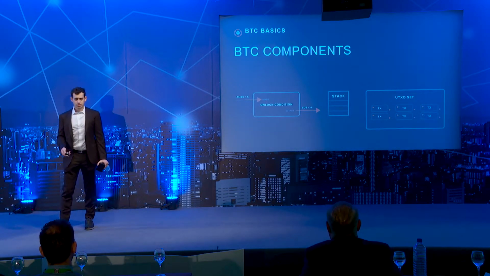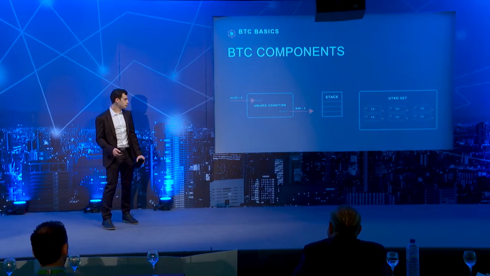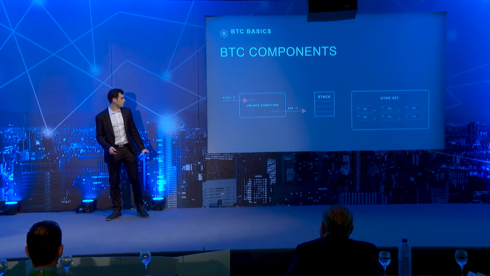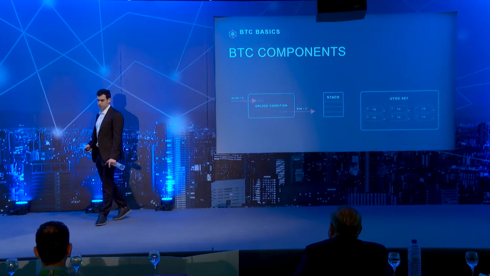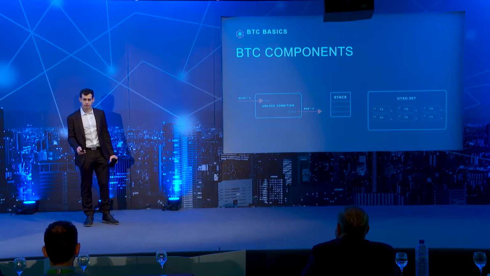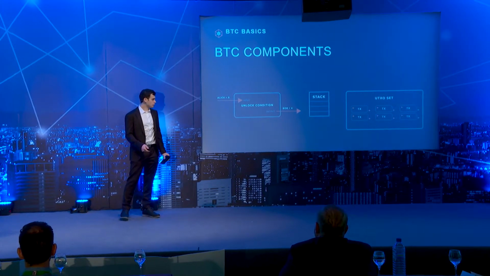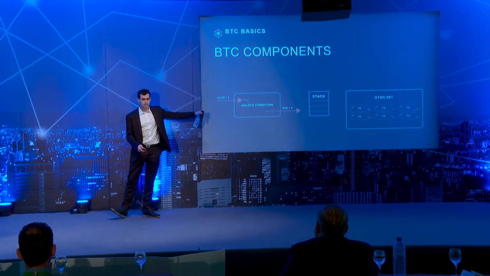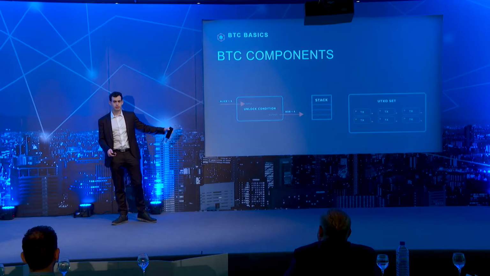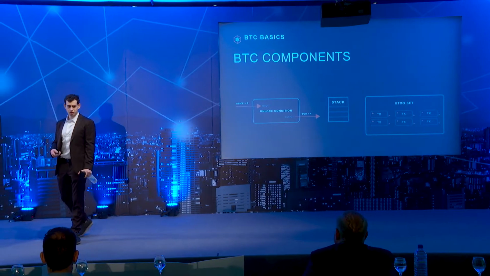So when I pass these transactions on to miners, they're going to do essentially three things. The first thing they're going to do is evaluate, is the input greater than the output? That's the first condition. The second condition is they're going to check if it's been unspent, so if the output exists in the UTXO set. And the third thing they're going to do is take the transaction and put it on a stack, which is Bitcoin's computation paradigm, and evaluate it on the stack. And if it returns true, then the transaction's valid.